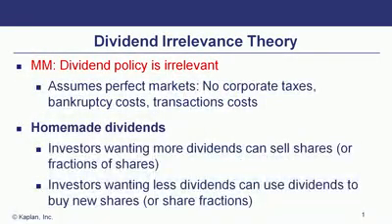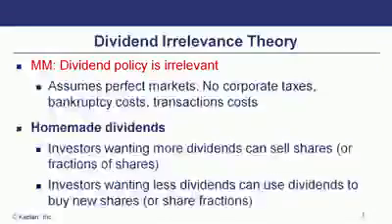All right, we're going to start out with certain theories of dividends, and we're going to start out with our friends Miller and Modigliani. Their first theory says dividend policy is irrelevant, doesn't matter. Why? The basic concept here is you can always make your own homemade dividend. So if you want more dividend, you sell some stock. If you want less dividend, you don't sell stock. If you want zero dividend, you don't sell any stock. So that's the idea behind homemade dividends, and therefore dividend policy, from the perspective of a company's policy, is irrelevant,